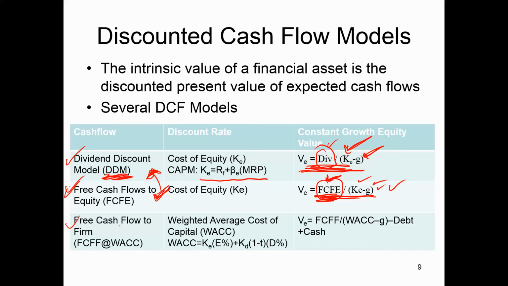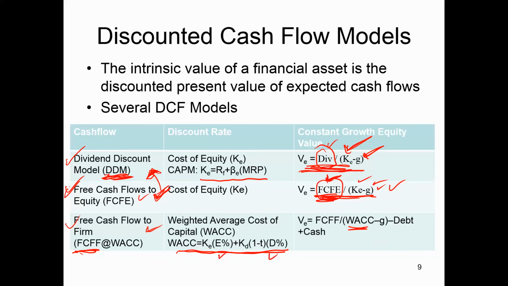However, the most common way to value equity seems like an indirect way. We're going to value free cash flows to the firm. Now, free cash flows to the firm are revenue minus expenses, minus taxes, minus capex, and so on. However, you don't subtract off interest. That's the difference between FCFE and FCFF. So you do not subtract interest. So free cash flows of the firm are cash flows available to pay both the bond or debt holders and the equity holders. Since the cash flows are available to both, we want to make sure the discount rate that you're going to discount the cash flows at accounts for the risk of the debt and the equity, and that's going to be my weighted average cost of capital, which is a weighting of a cost of equity and the